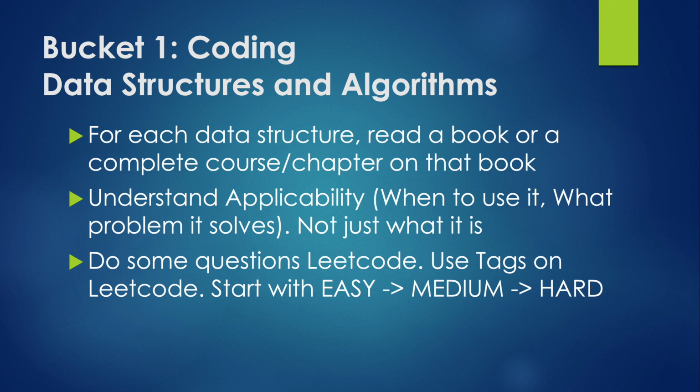And then you go on to medium questions, which are a bit more challenging, with a bit more twist to them, a bit more edge cases to think about, and maybe some problem solving where you need to translate the problem to the data structure. So then you can go with medium, and then after that you can try hard questions where you'll really master